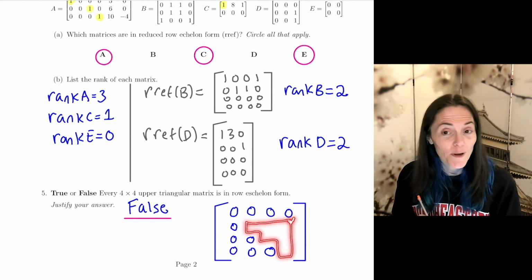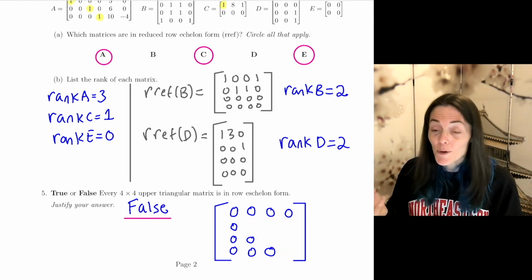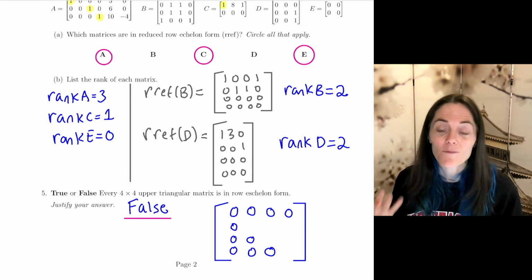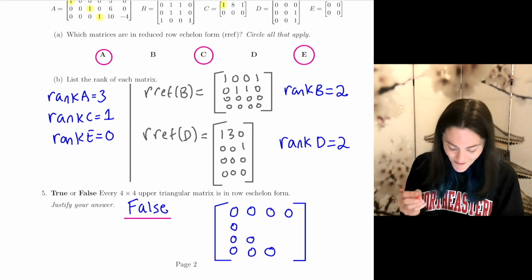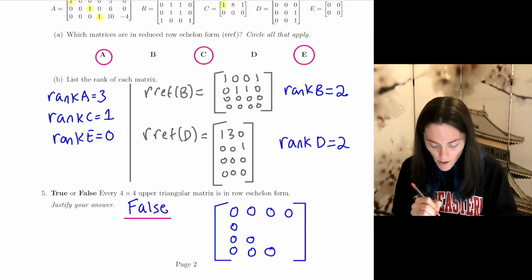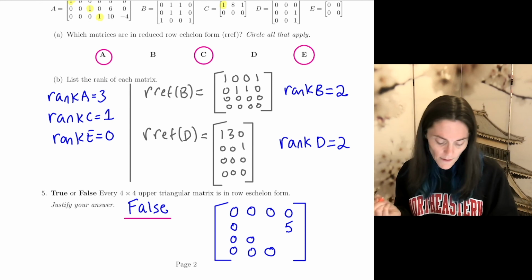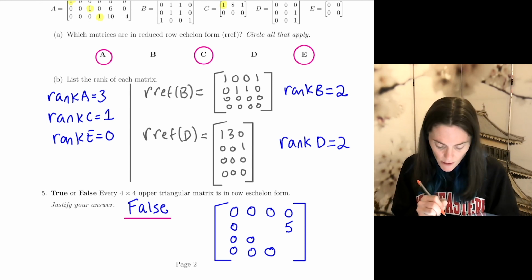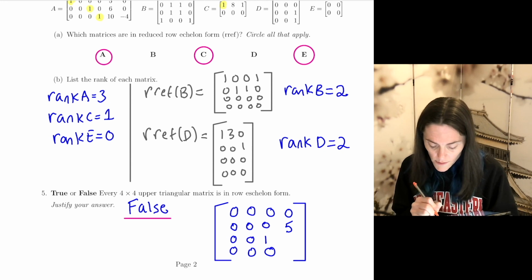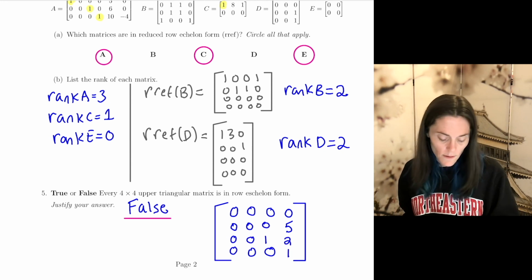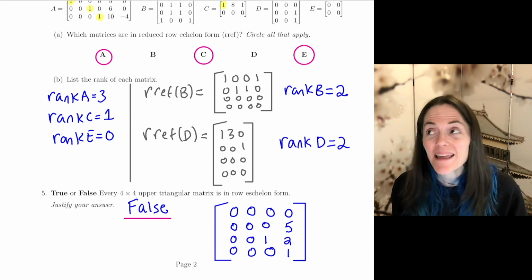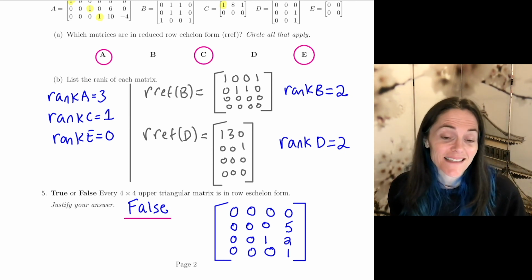I don't want to put all zeros for the same reason that the 2x2 matrix of all zeros above was row echelon form. That would be the only time I would have a problem. So let's put something non-zero. Here's a 5. And well, now I can do just about anything. 1, 0, 0, say 2, 1. There you go. There's an example, but there are many others, as I just was discussing.